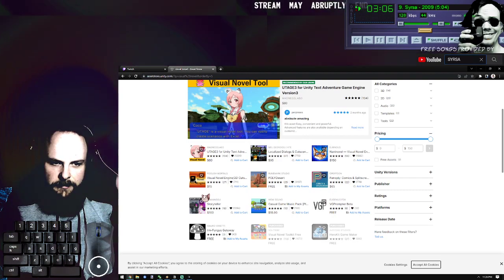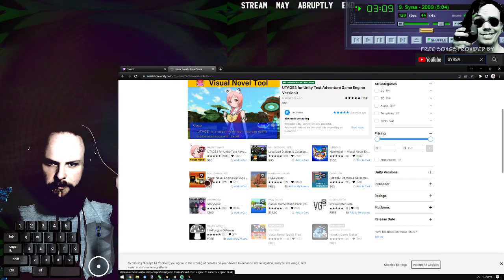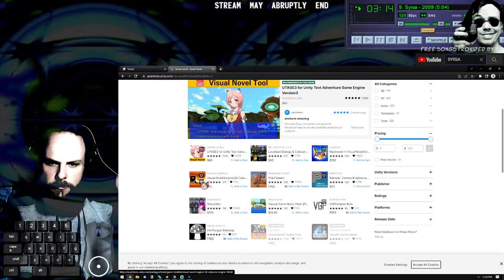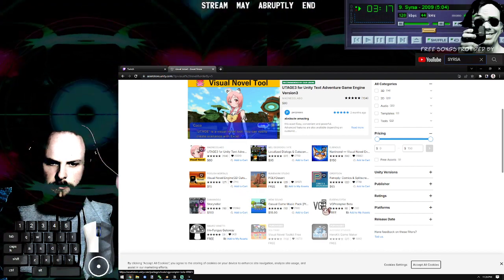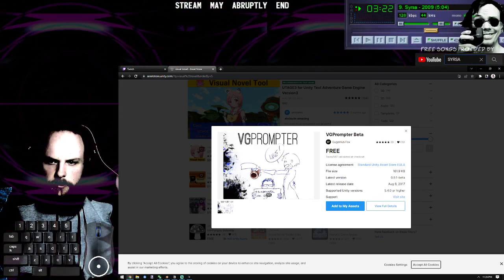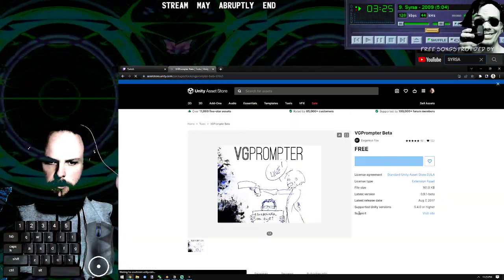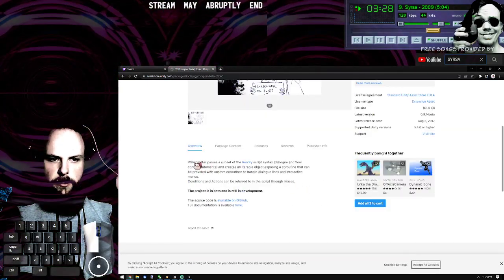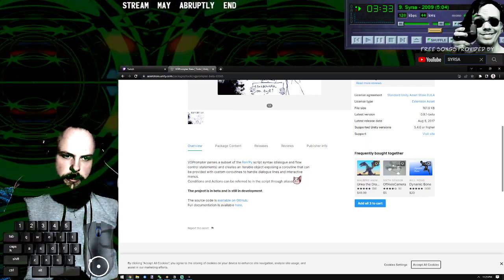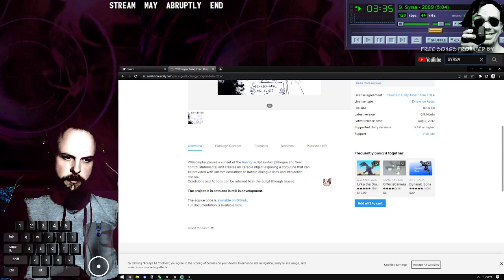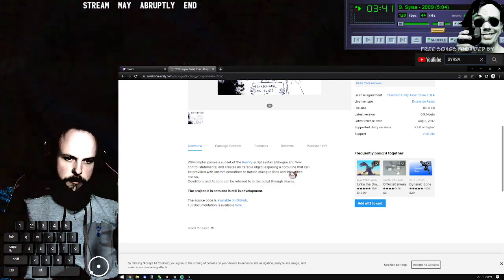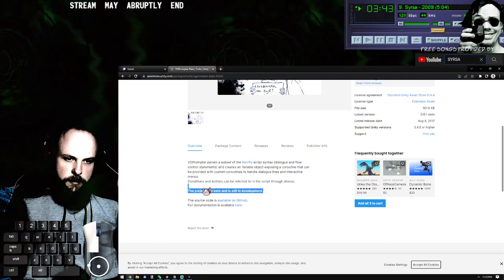Okay. Looks like this might be the go. Yeah. What's this one? Oh, this one. Yeah. I saw this. It looks promising. Hang on. It looked like it didn't have full support, but you could... Yeah. Exposing a coroutine that can be provided with custom coroutines that handle dialogue lines and interactive menus. Problem with this is that it is in beta.